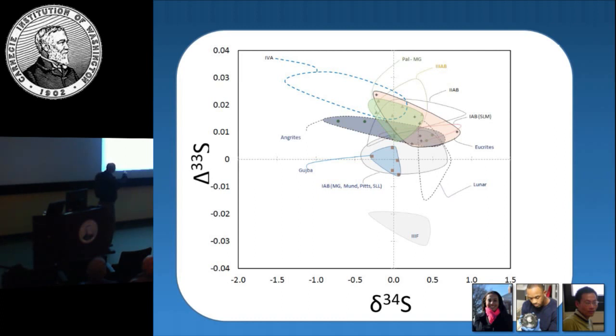The eucrites plot in a relatively large field, but it's really one point here. It has some unusual textural characteristics, and my understanding is that the group at Open University will analyze it. This is CMS, Cumulus Hills, and then this one here, which is GRA 98098, which is known to have some sort of alteration associated with it. And then otherwise they define a relatively tight range in here.